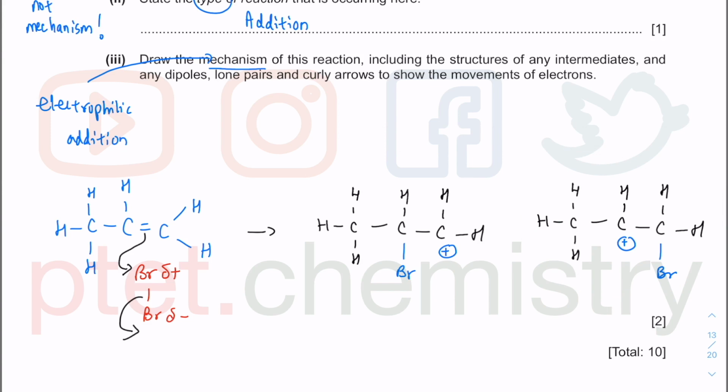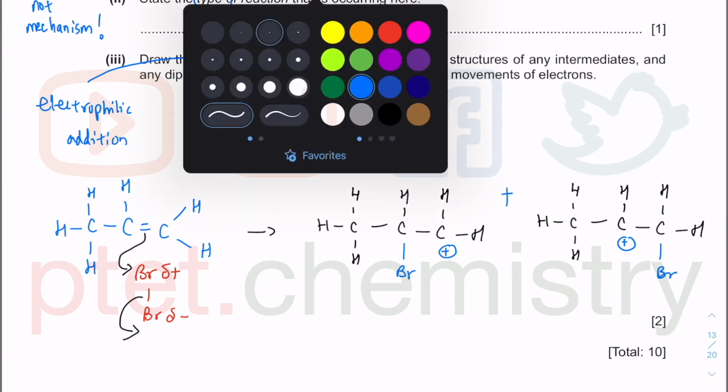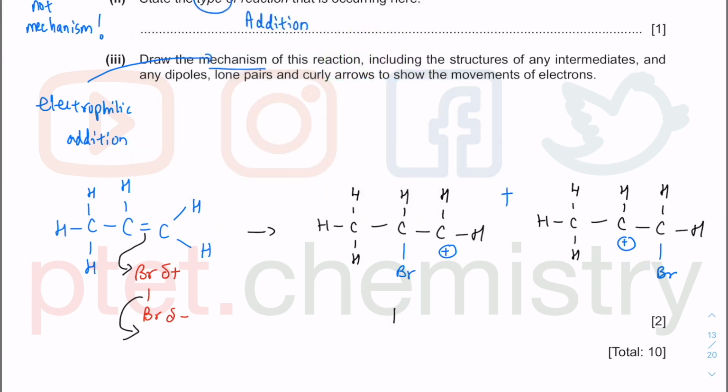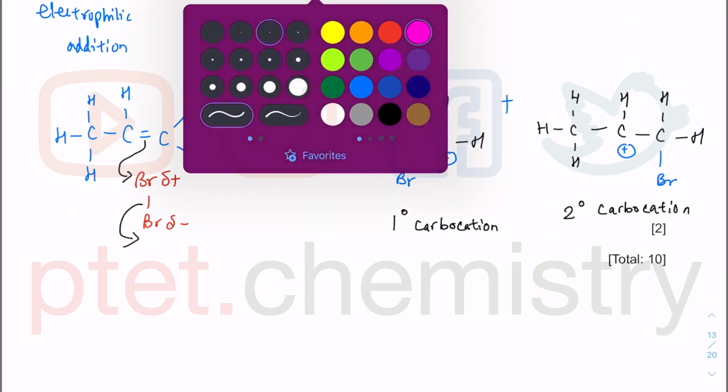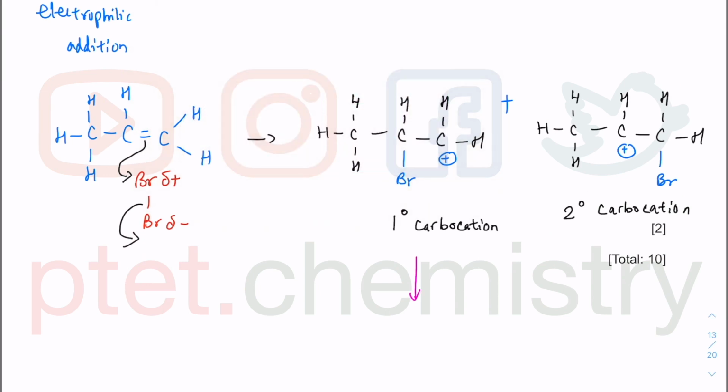Is there a difference between these 2? There is. Okay, this is a primary carbocation because the carbon with the positive charge is bonded to one other carbon. This one on the right is called a secondary carbocation because the carbon with the positive charge is bonded to 2 other carbons. This, however, will not give you different products. They will give you the same products because you are doing the reaction with a symmetrical